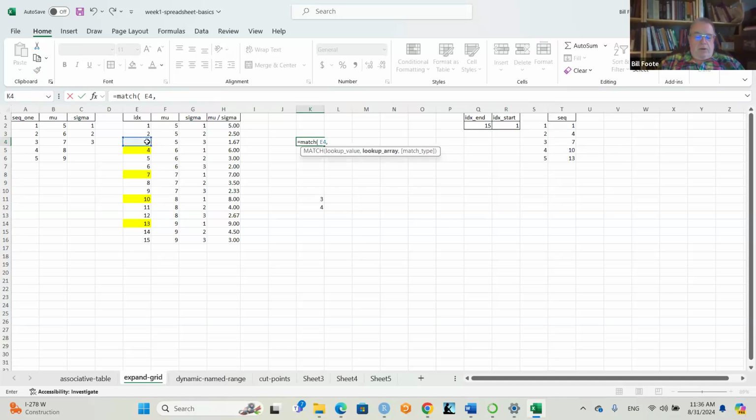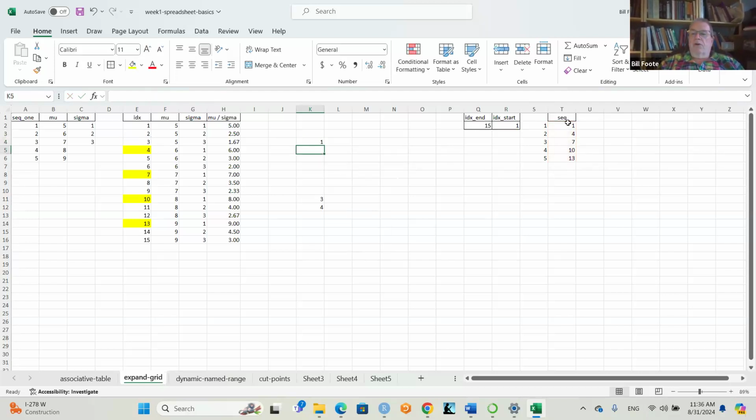E4. Look for the row number where E4 occurs in sequence, where it is greater than this number. And it's going to be row number 1, row number 1. So sequence is always going to be 1. So that's the match. That's the row number. Okay. Now pull that row number, which is 5. That's the row number over here for mu in 1. Okay. So index